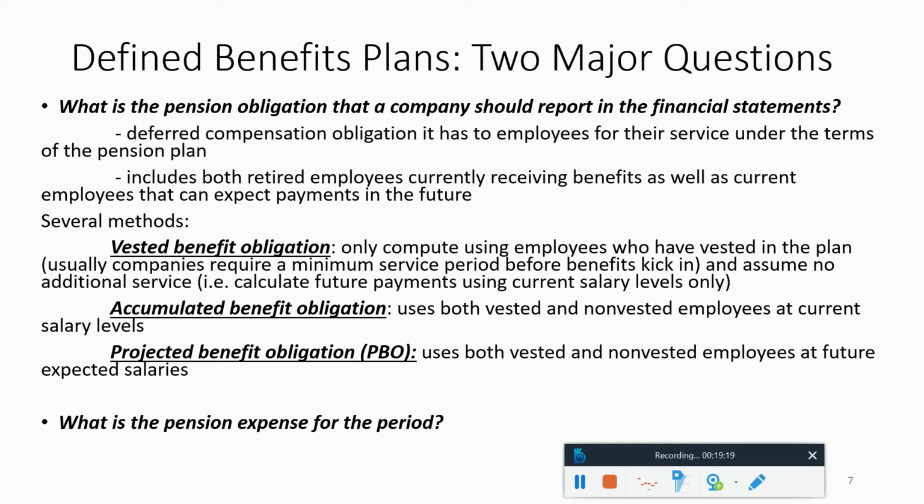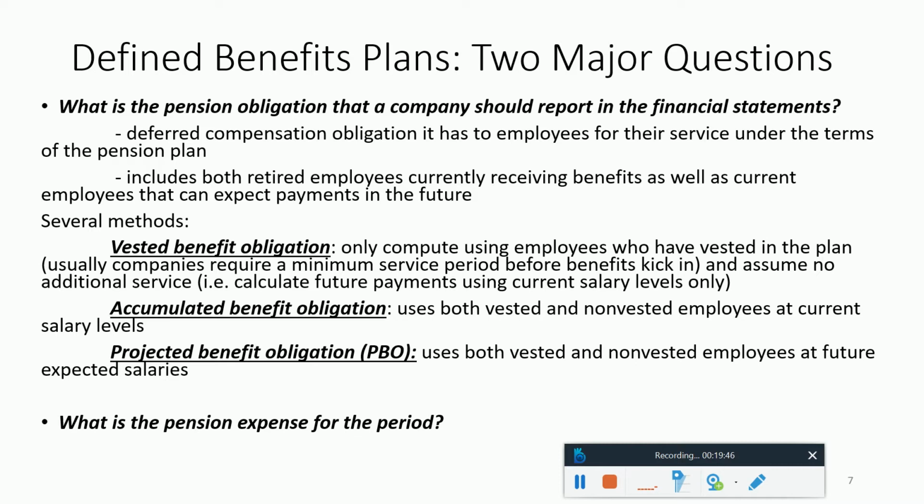The second option is to use accumulated benefits. So this one is going to use both vested and non-vested employees, but also stop at what their current salary is. So not projecting any future salary increases. This one is going to be a little bit larger than the vested benefit obligation, but not as large as the projected benefit